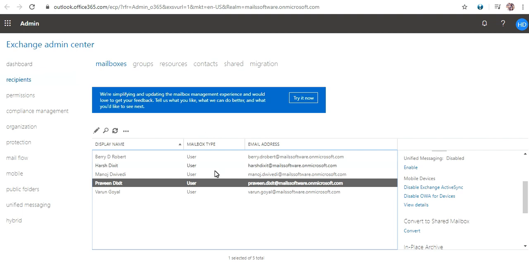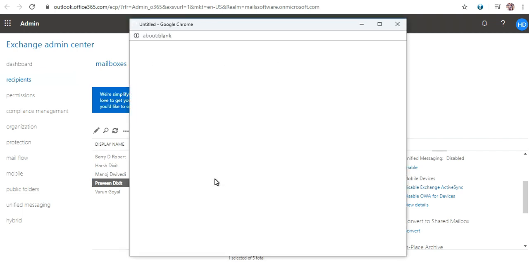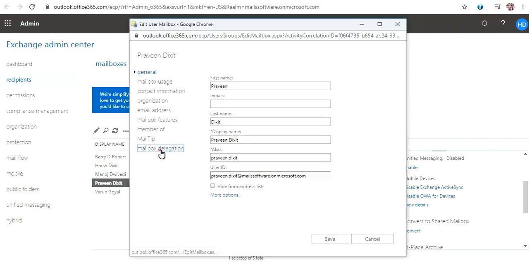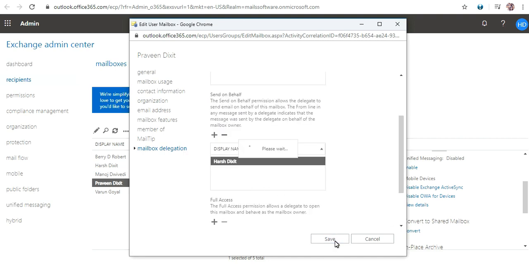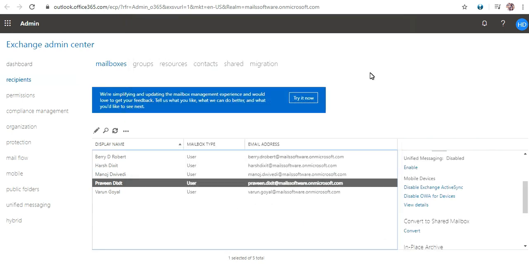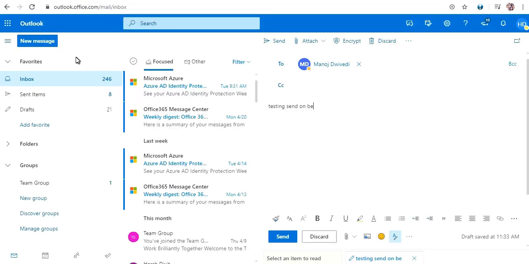Okay, just a minute. Yes, we have added Harsh Dikshit. Click on save. I just need to cross check whether I have assigned these permissions or not.